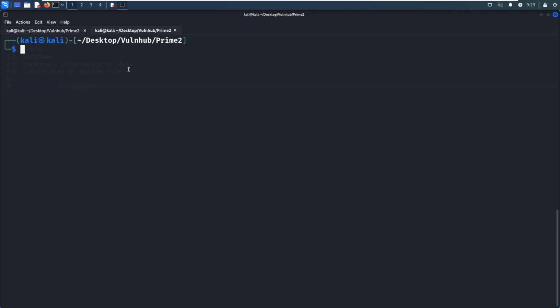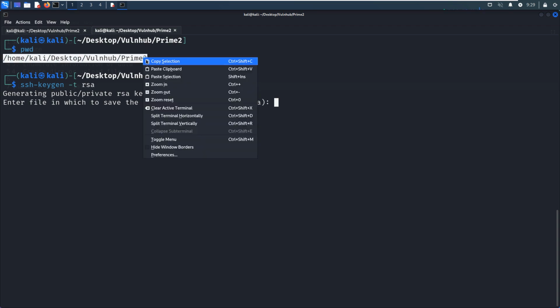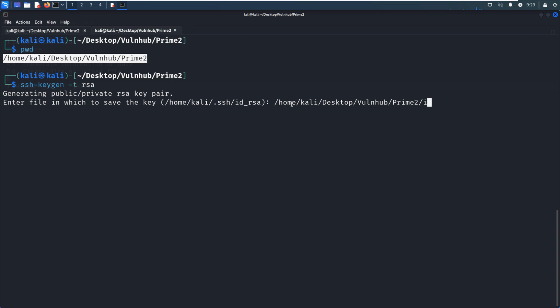Okay, let's do it. So now, first of all, we need to create the key pairs with the utility ssh-keygen, and we can use the -t option to specify the type of the key, which is RSA. But before doing that, I'd like to print out the working directory because I want to save the key pairs in the working directory. Okay, .ssh. And we can copy this absolute path and private key, no passphrase.